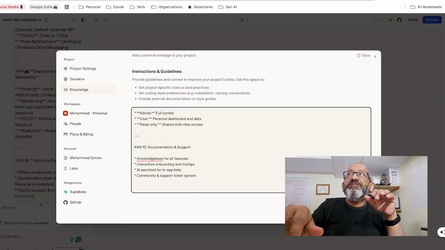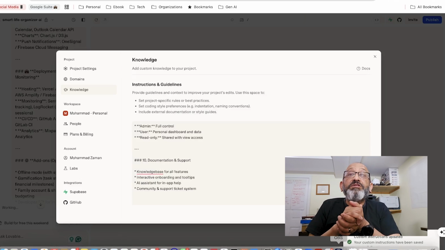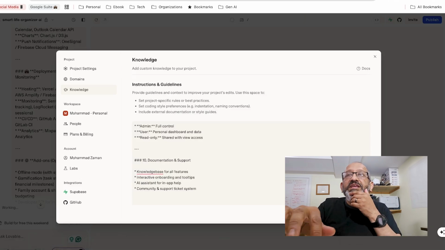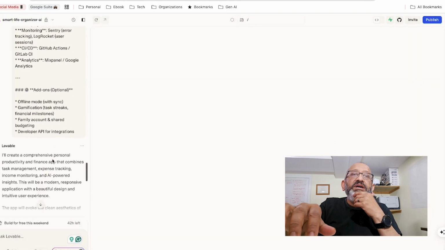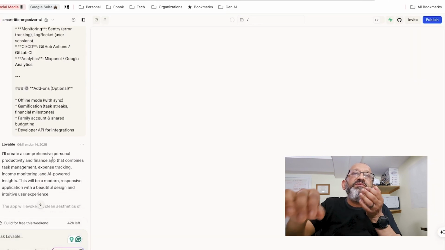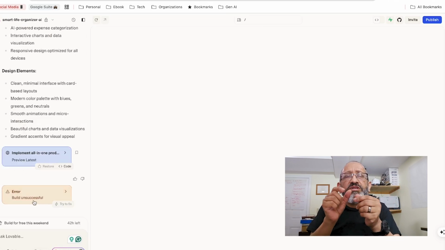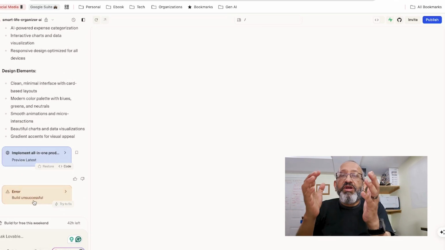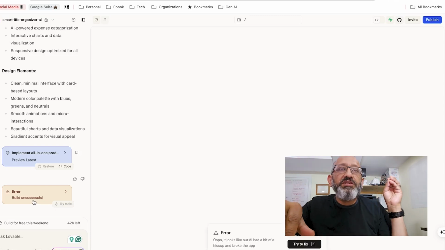Now that I have this, I'm actually going to save it. My knowledge base is actually saved now, meaning that while you are building this app, you will start to see some of the components and some errors, and maybe you focus on one thing, but somewhere you want to keep a comprehensive documentation of what you intend to build.